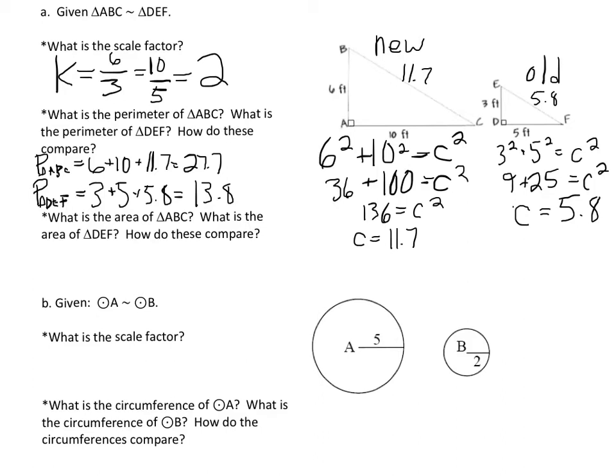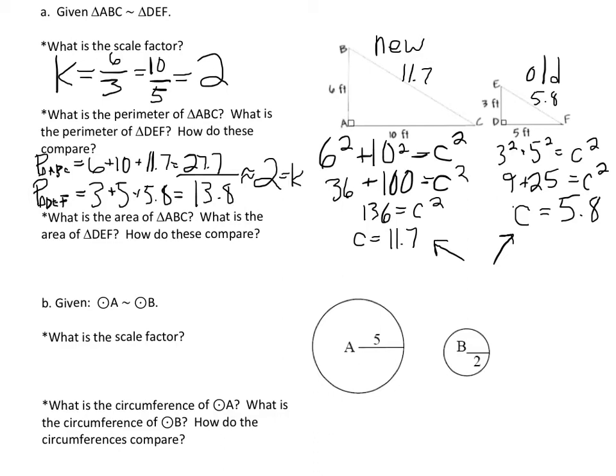And so I did it on purpose here. I have new over old, so I would just do a fraction of 27.7 over 13.8, which if I put that in my calculator, I get really close to 2. And so I think, is it okay that it's a little off by like 1/100th? And that is okay because if I remember over here, I rounded. And so I'm going to have a little bit of rounding error, so that should be okay. As long as it's really close to 2, then that should be fine. So the scale factor